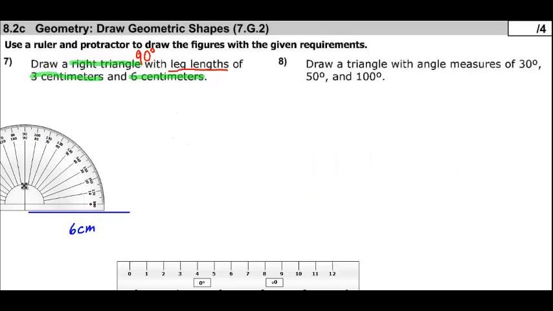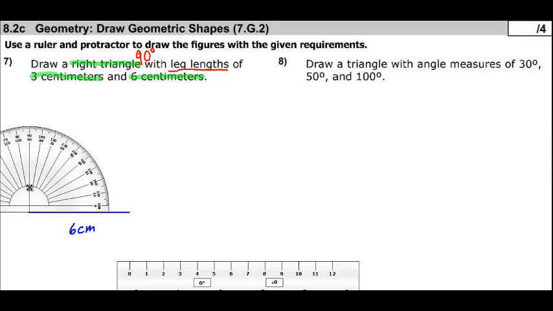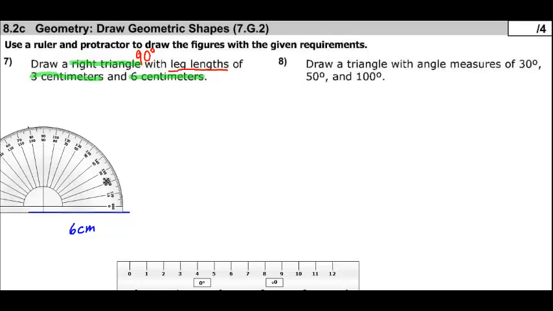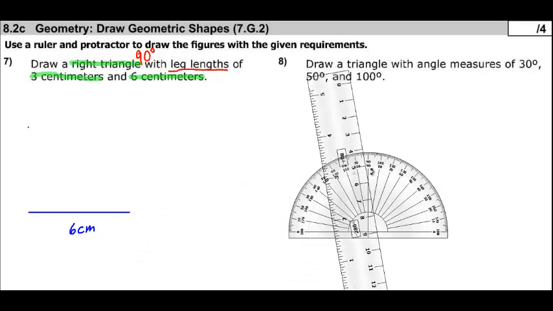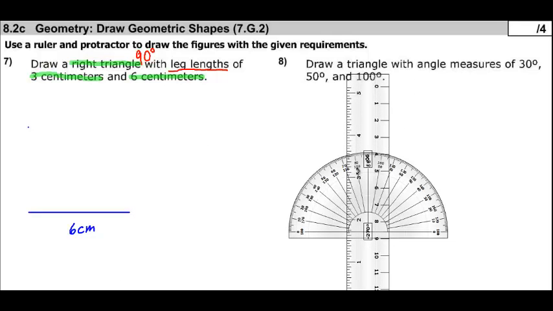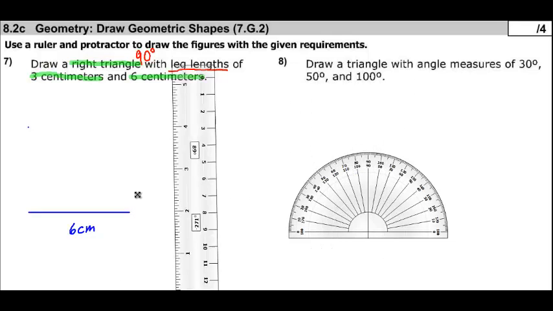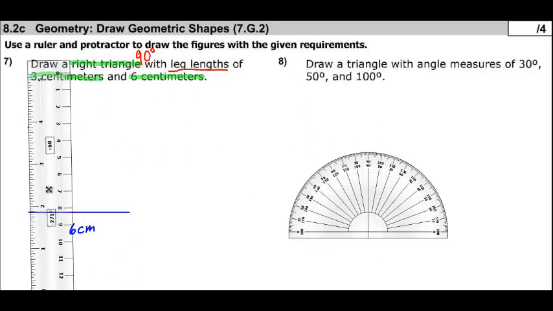Then I'm going to take my protractor and place it down. I'm going to figure out where 90 degrees is and just make a single mark at 90 degrees. Take my ruler, and it's a little easier for you to manipulate your things than it is for me to manipulate these things. But I'm going to take my ruler and draw a line